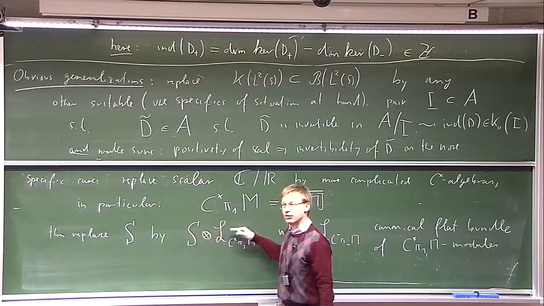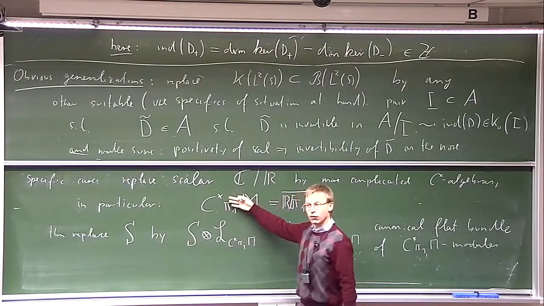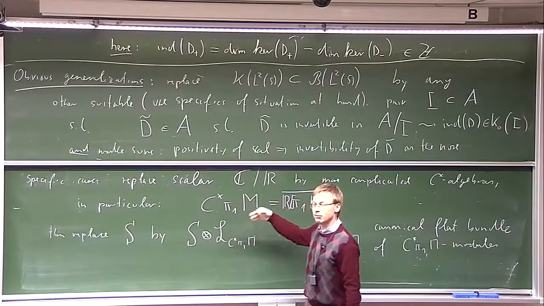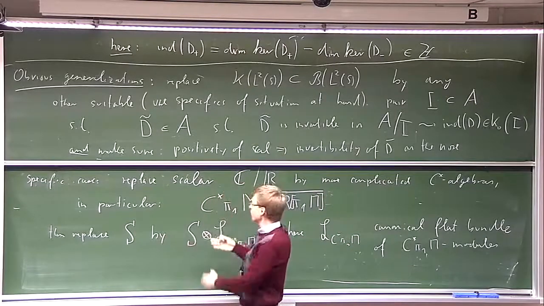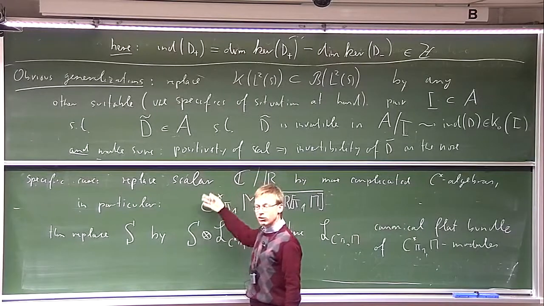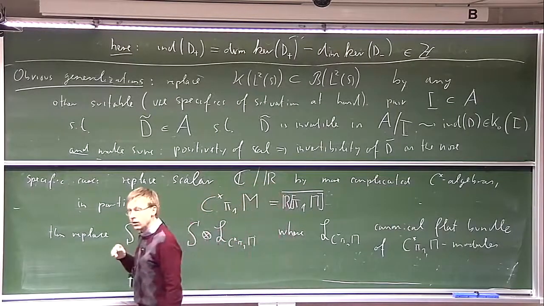Now the fibers of this are not vector spaces, but they are modules over this C-star algebra. And then you carry out the same constructions you did before. You make the Dirac operator. It's acting on sections of this, but now the scalars are replaced by this C-star algebra. So everything is modules over this C-star algebra. Every operator is. How do you get something non-trivial? There must be some twist in the Dirac operator.